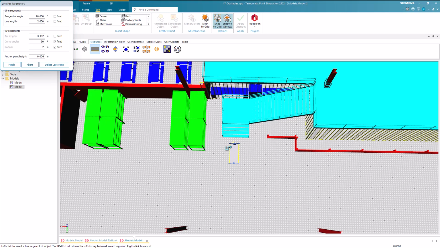Then we should enter an anchor point height of 1 meter and continue the footpath. To reach the level of the workplace, we know that we need a height of 4.57 meters. So we set the anchor point height to 4.57 meters.